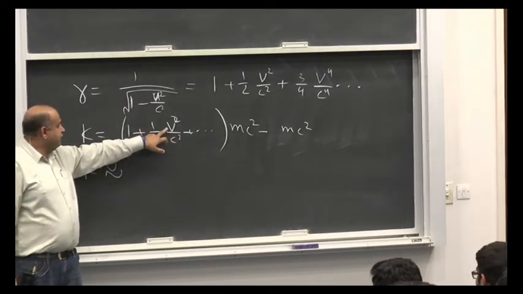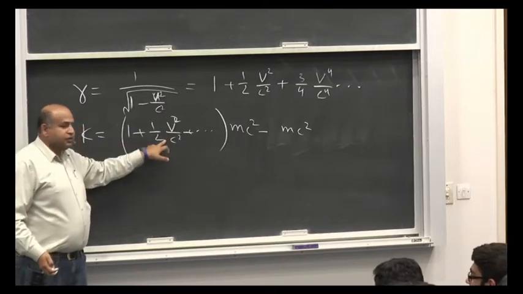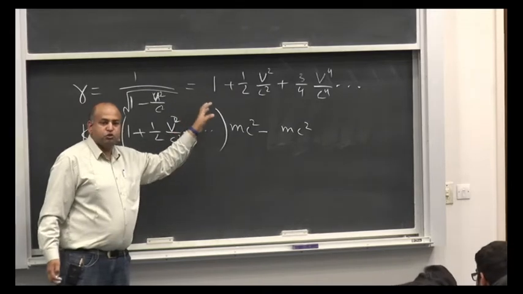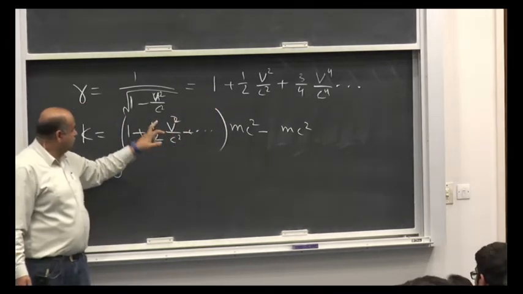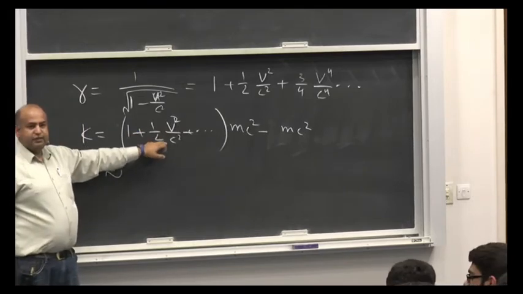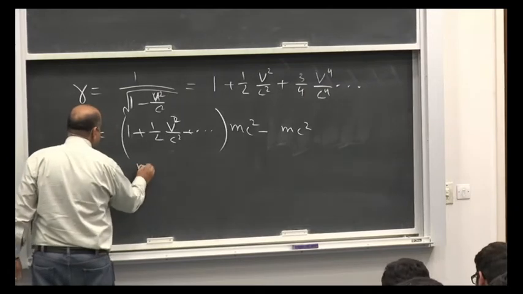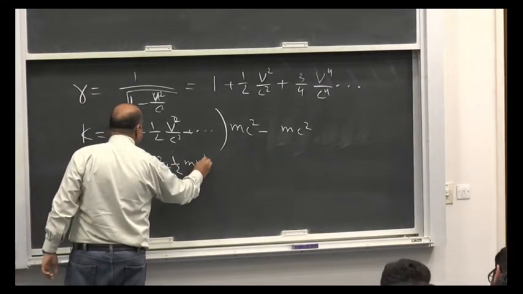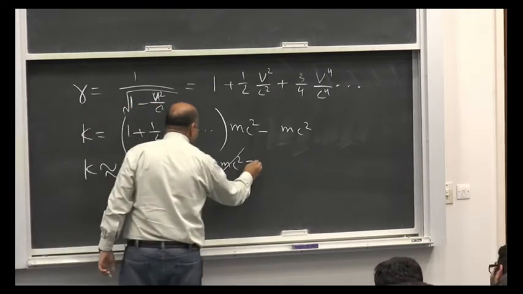Now suppose the velocity is 0.1 of the speed of light. Then this term is 0.01, and what will the next term be? It will be 0.00001. Okay? So that's much smaller. So when v is smaller than c, 1 plus this is good enough. So if you take only that, you get mc squared plus half mv squared minus mc squared. This cancels and you get